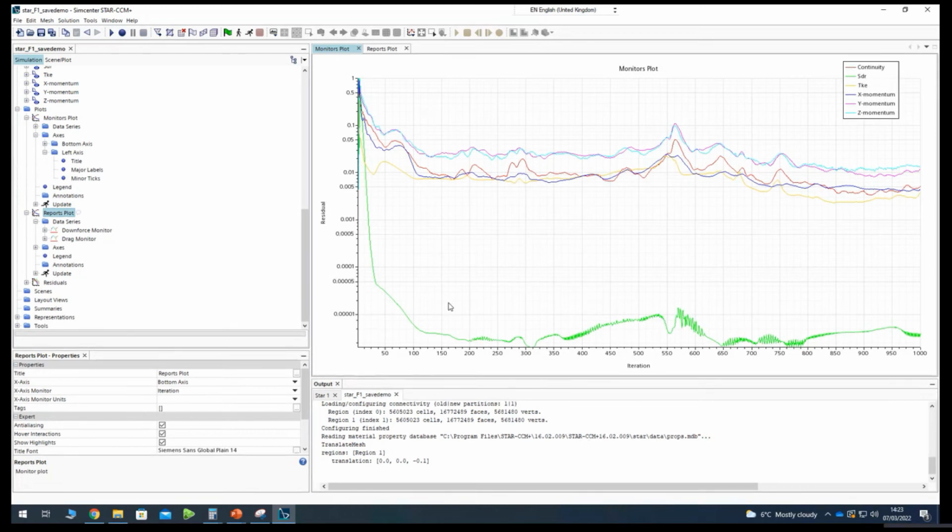Now the simulation has finished 1000 steps, and you can see the evolution of these residues. There is a significant reduction in SDR, but for the other quantities, the convergence is okay. And if you want, you can still continue with the iterations. But for me to demonstrate the result,